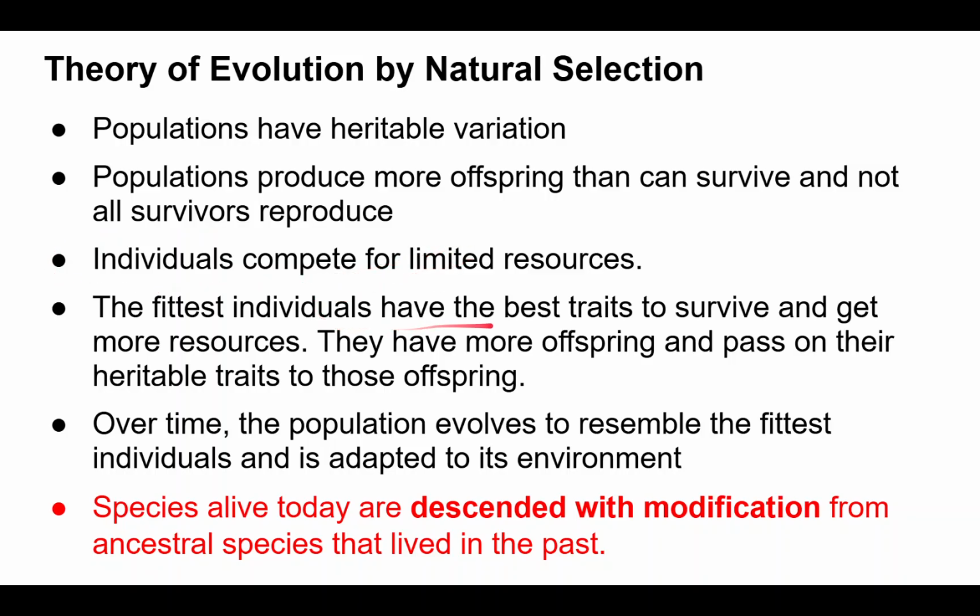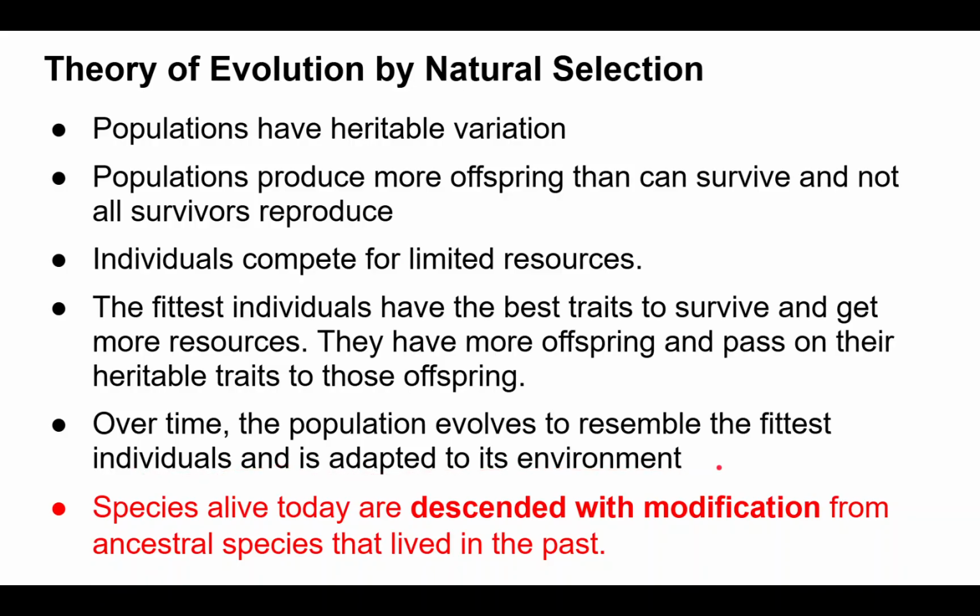Some of them have traits that allow them to get those resources better, so they survive and pass on more offspring. Their offspring inherit those good traits and do better than the offspring of the less fit individuals, and then eventually over time the population evolves, changes to resemble the fittest individuals, and that is how it adapts to its